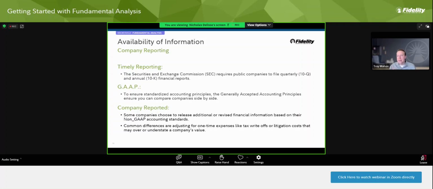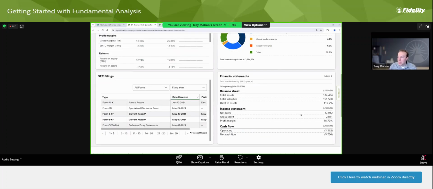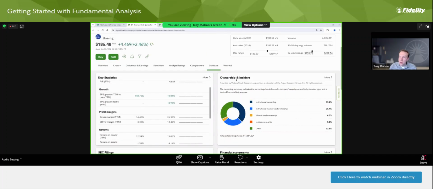It's recovered somewhat. Now, if you look at the stock in a 1 year period, there's been some other news stories in terms of quality assurance issues and things like that. So again, it's going to give you information that's going to be helpful when you're making an investment decision. Just with the time we have, Nick, I'll go ahead and just share the screen here. If we stick with Boeing, we could use Walmart and Target as you were looking at here. But in addition to the financial statement info, we could take a deeper dive by going into more. Another area we can go is into key statistics. This can help us in terms of the valuation aspect, in terms of understanding, okay, what's the PE on the stock?